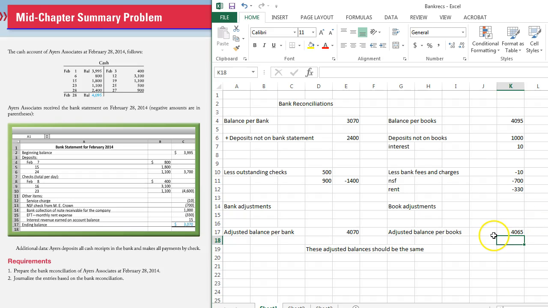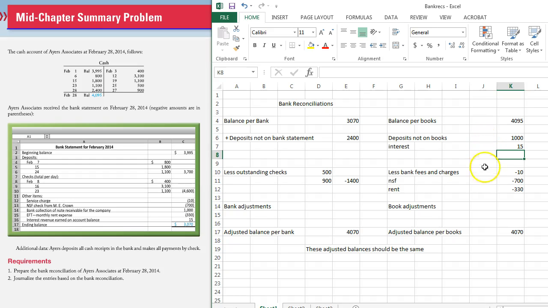Oops, and I'm off $5, so I screwed up somewhere. Oh, it's $15 interest. Sorry. All right, so we got $4,070 adjusted balance for the books. So our adjusted balance for the bank and for the books is the same amount. Everyone see that? Okay. The last thing we have to do is make journal entries to adjust all the balances